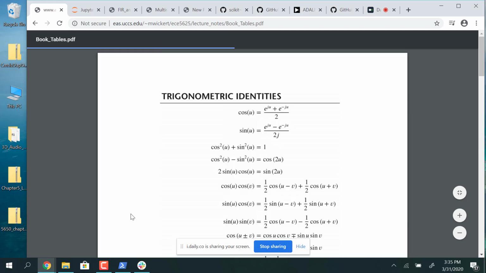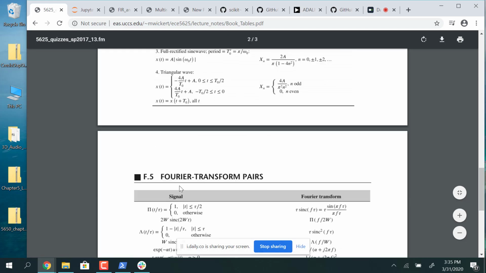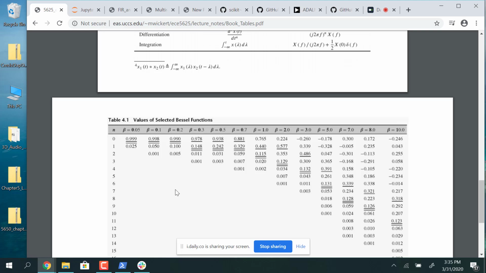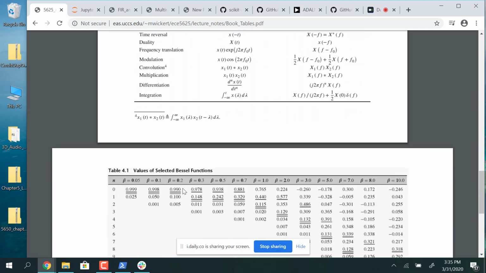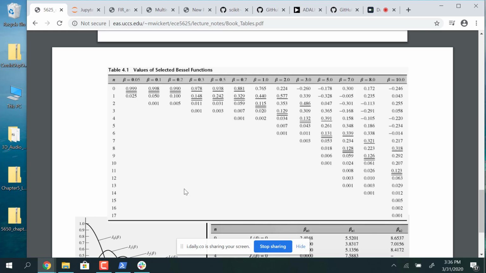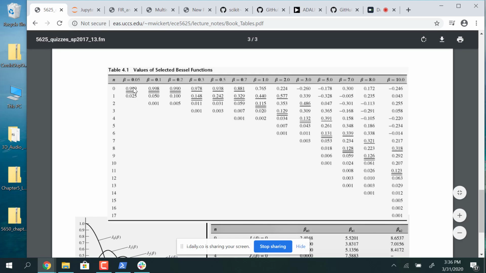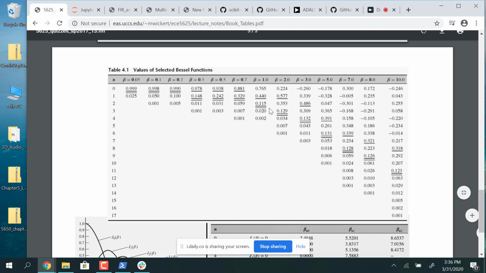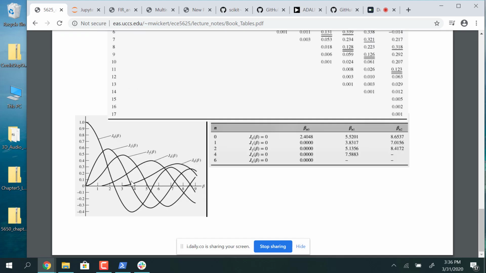I'm going to go down here and look at the formula sheet for a second that you've had for a long time. On the last page are Bessel functions. So these are Bessel functions, and the single underline and the double underline is something that we'll talk about eventually. Here's a plot of the Bessel functions, and then here's a table showing the zeros,